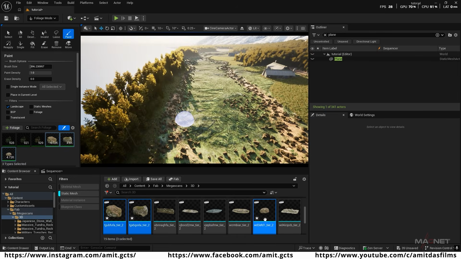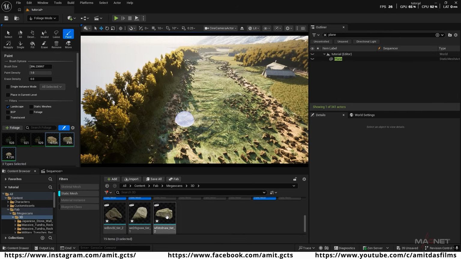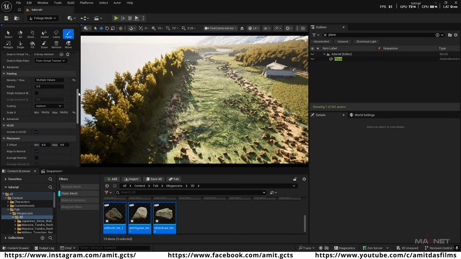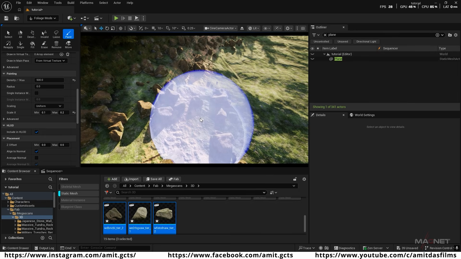And then also we have other boulders asset here. So maybe we're going to use them. So we select these three here and place it here. And this time we're going to decrease the scale a little bit more. So we select all of them and we go down here. And first we're going to reset the scale switch and we decrease the value to minimum to 0.1 and the maximum to 0.2 here. And also we're going to increase the density. So first we reset it. Then we're going to increase the density to 500 here. So now if we paint over here,